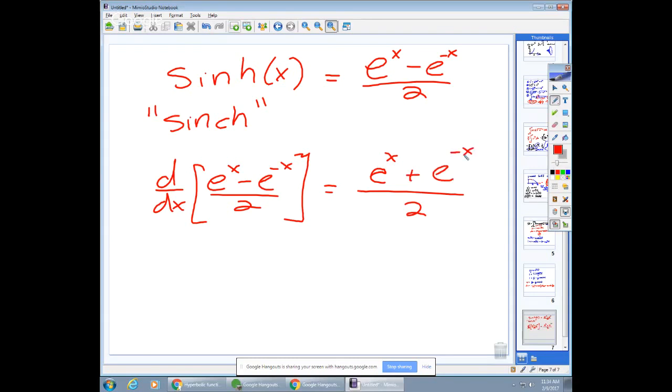And it turns out this right here is the definition of the hyperbolic cosine, which is pronounced cosh. Well, that's pretty clear, it's pronounced cosh, right? The sinh one I always thought was weird. Why sinh? There's no C in there. That's the cosh function. So with regular trig functions, derivative of sine is cosine. Hyperbolic trig, derivative of the hyperbolic sine is the hyperbolic cosine. And it turns out the derivative of the hyperbolic cosine is going to be the hyperbolic sine. Where do they come up? Well,